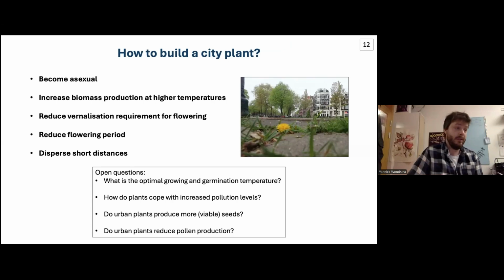And finally, it seems to be better to disperse your seeds at